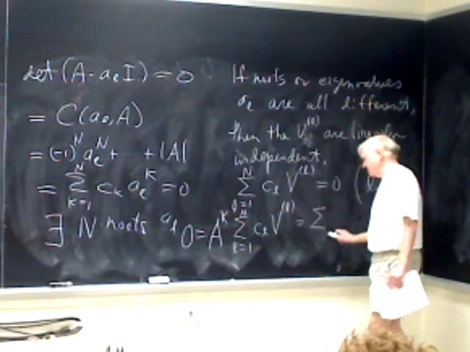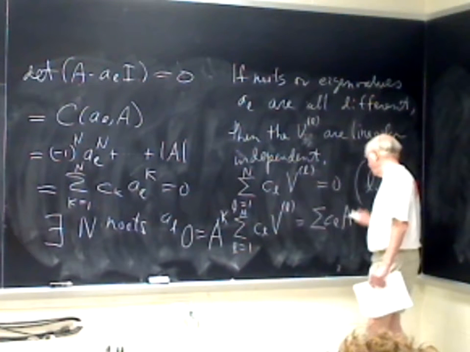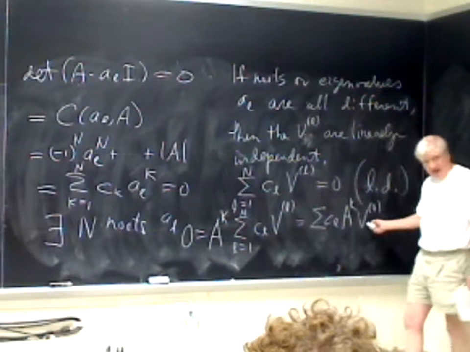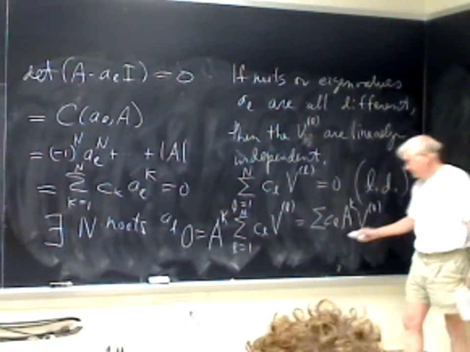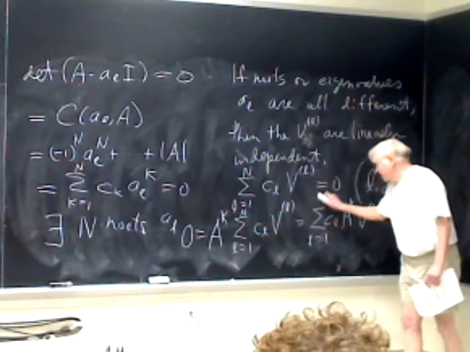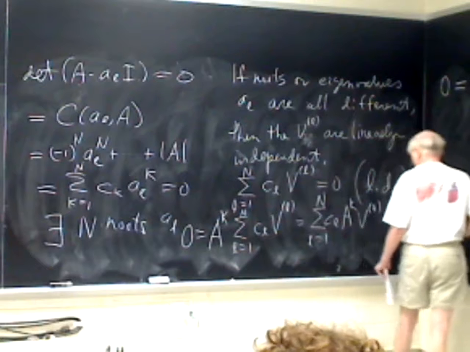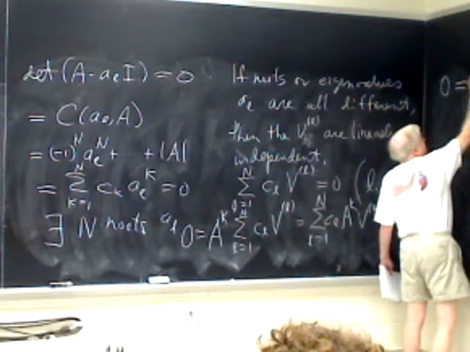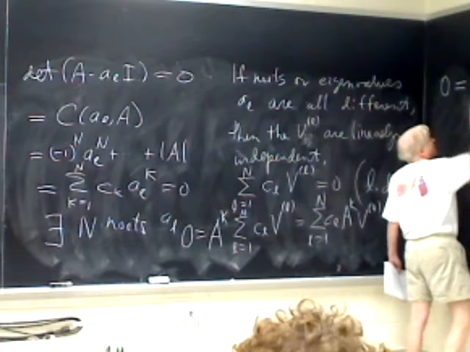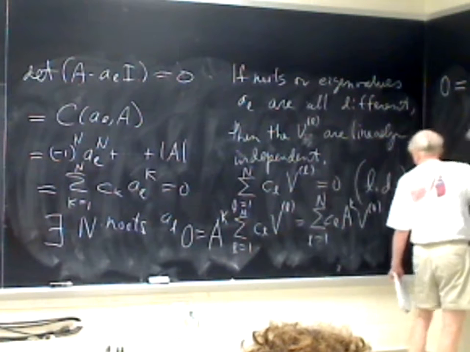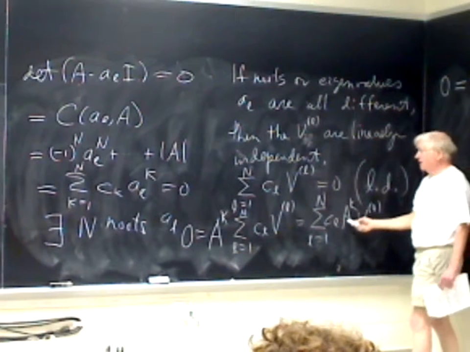But this gives us a sum of c_L A to the k on the Lth eigenvector, L equals 1 to n, and so we have the relation 0 is equal to the sum L equals 1 to n of c_L A on